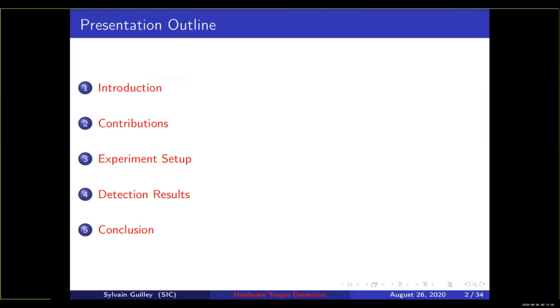Here is the outline of this presentation. So first of all, a general introduction about hardware Trojans. So it's my great honor to open the workshop. So I need to introduce a few definitions and concepts. All right. Then I'll come to the contributions, which are mostly a very improved way